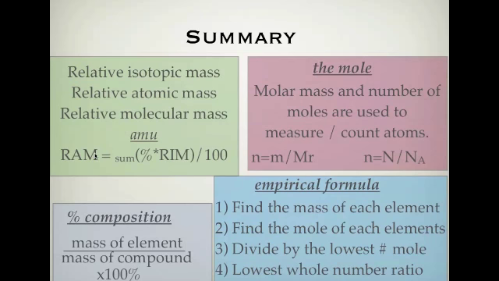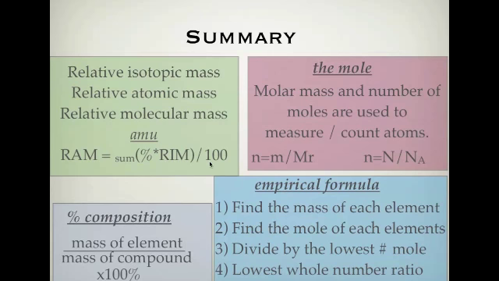Relative atomic mass is equal to the sum of the percentage times the relative isotopic mass divided by 100. This is your RAM equation. So when you're trying to work out and use isotopes to find out the relative atomic mass, you use this equation here, which normally turns out to be a lot bigger because you've got probably at least two or three isotopes that you're going to average out, and it's using the percentage times the mass, adding them together,